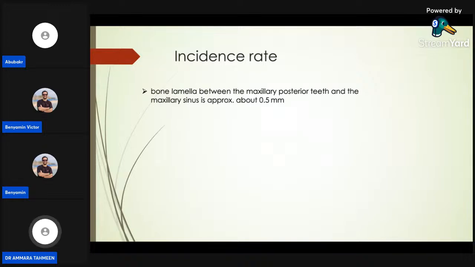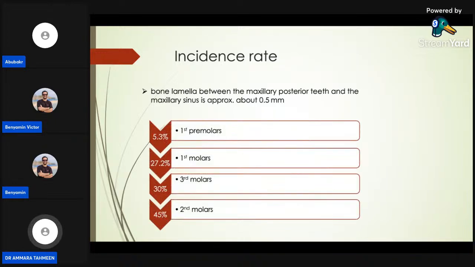oro-antral communications. So let us see the incidence rate of oro-antral communication according to its relation to the maxillary teeth. The least amount of bone lamella present between the maxillary posterior teeth and the maxillary sinus is approximately 0.5 mm. The first premolars have a 5.3% incidence rate of oro-antral communication during extraction,